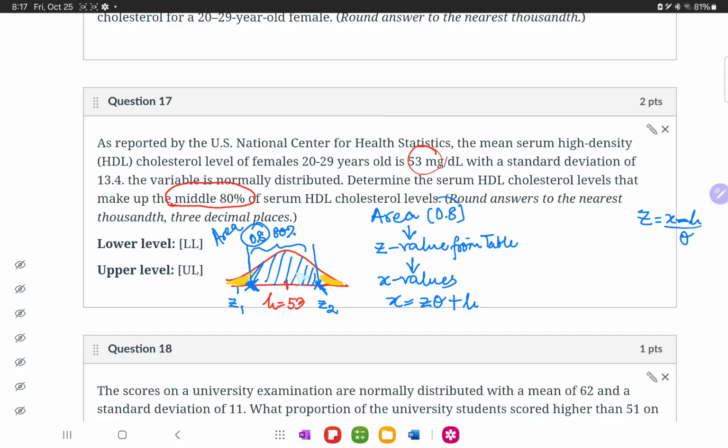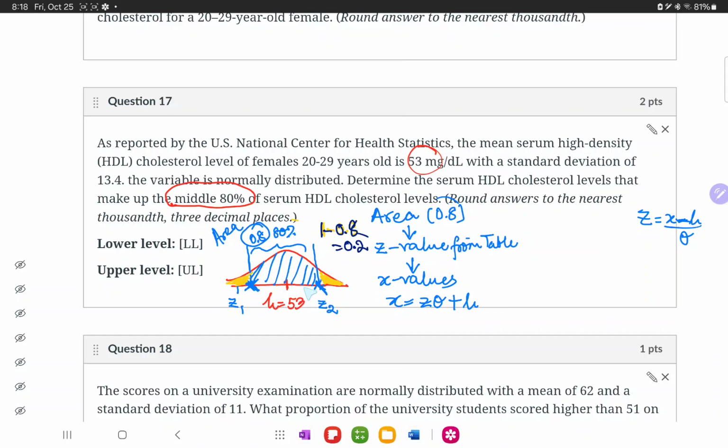Now these two end areas have a total area of 0.2, right? So these yellow regions have a total area of 0.2. How did I know that? The total area under the curve is 1. So if you subtract 0.8 from 1, you get 0.2. So both these areas together is 0.2,